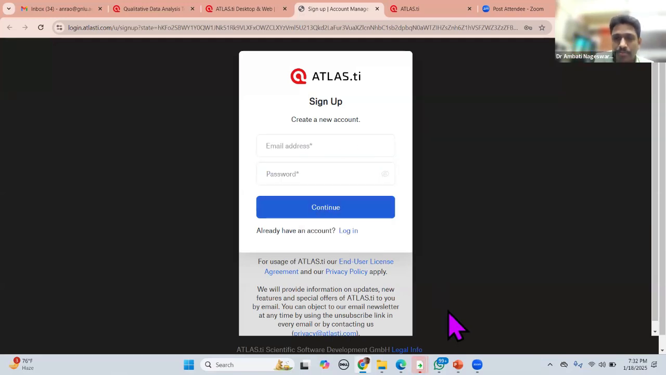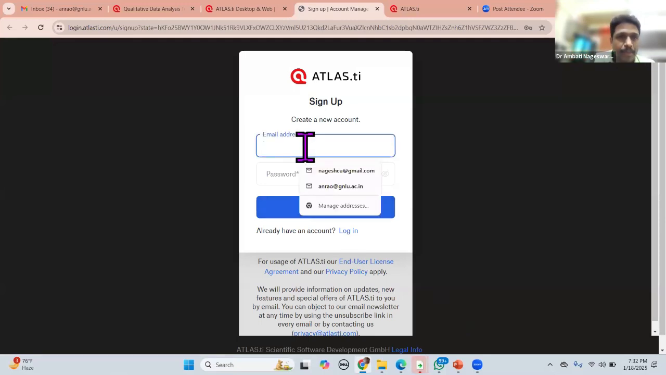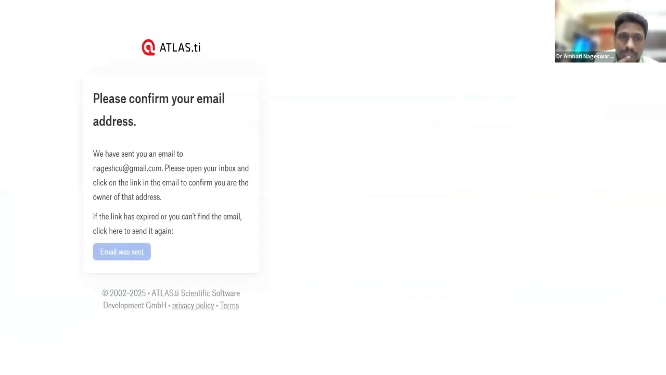Once we click on continue, please check the email ID that you have given. I request all the participants who are trying to create an account in ATLAS.ti to check the email ID that you have given and verify your email address. You have to confirm that email ID. We have sent an email to the particular email ID that you gave. Please open your inbox and click on the link in the email to confirm that you are the owner